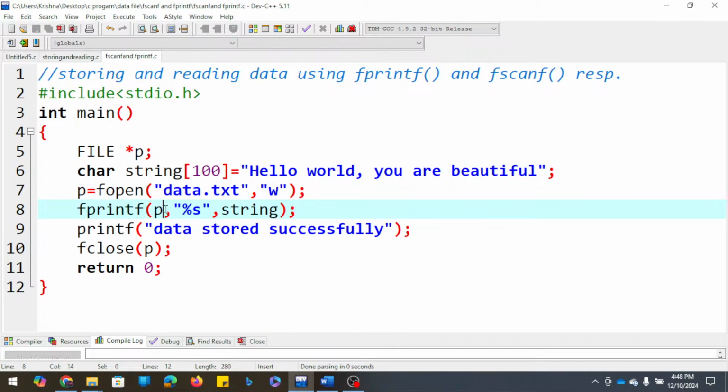So how to use that? First we have to put the file pointer, then we have to give the specifier, then we have to list the variables we are using. That's all, closing and so on. But suppose we are going to read the data, nothing more we have to do. Let's put here